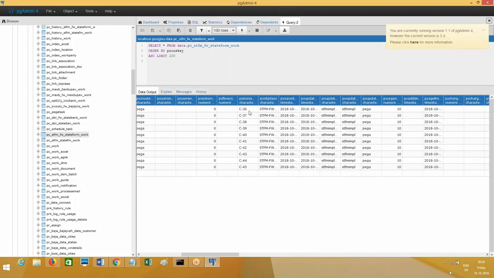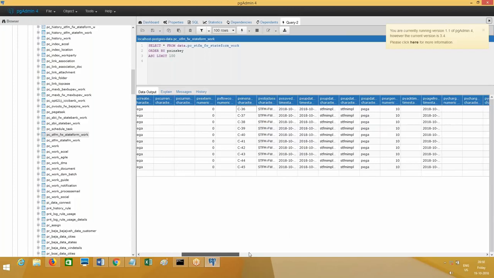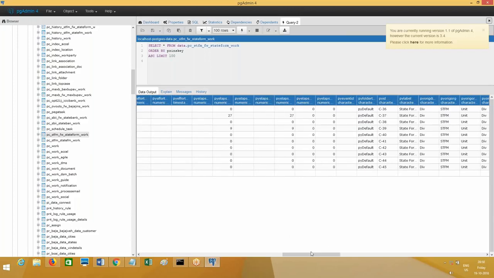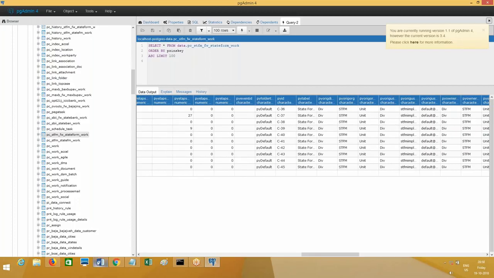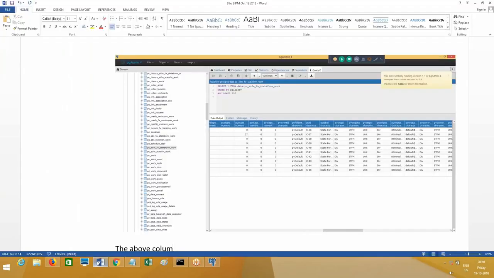So you can understand this column. Look at this column. I will show you another column which will also have the same data. I'll talk about this column later. This is the column you need to bother about, the above column, PYID. That is the name of the column. PYID is holding the work object IDs, for your information, in this table, as one of the columns.